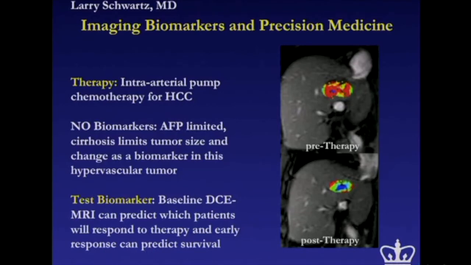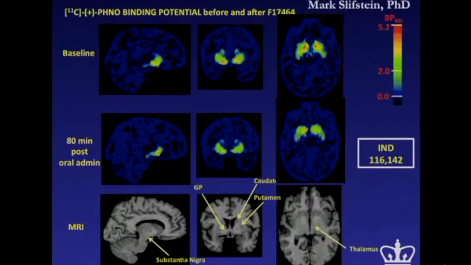And in this case, it's a patient from here, again Larry's slide, where the patient received a tyrosine kinase inhibitor therapy before, and these scans are before and after initiation of that therapy. And you can see that the tumor is far less vascular in the lower panel as compared to the baseline, indicative of response. I'm going to move now to molecular imaging or PET scanning.